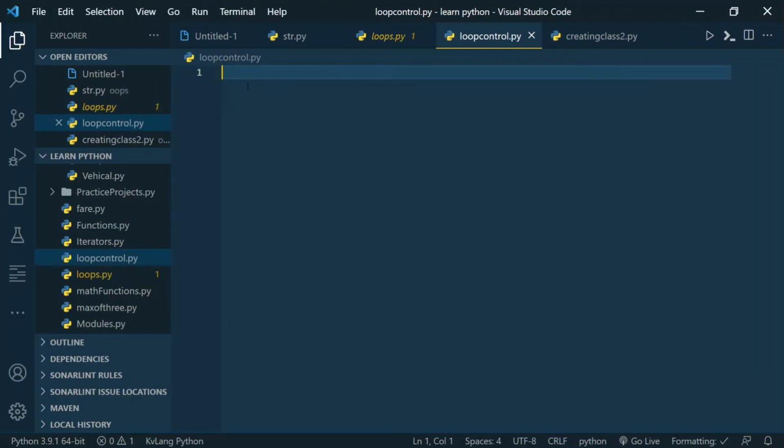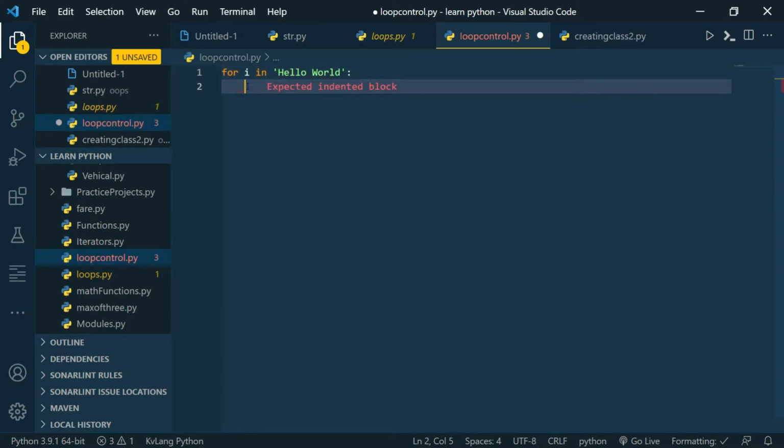So now let's see the practical implementation for our break statement. Let's quickly create a loop. I'll go for a for-in loop basically. Let's say hello world, whatever. So for i in hello world, I just want to print hello on the console.